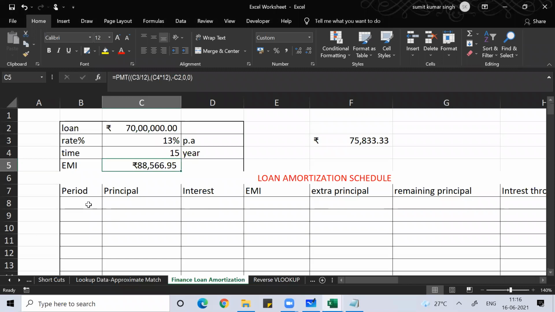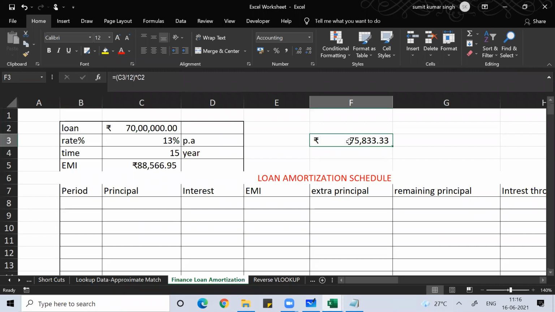Please understand, guys, all the loans we talk about, consumer loans which relate to retail investors like you and me, are basically amortizing debt instruments. In that you pay interest plus some part of principal, because principal you have to pay at the end of the day. If you pay me 75,833 rupees, it means you just paid the interest, not the principal.